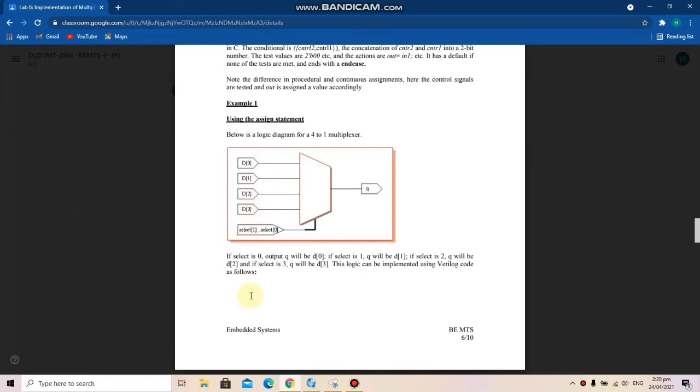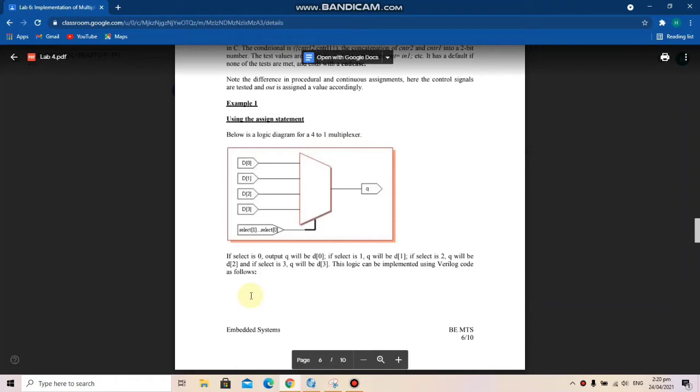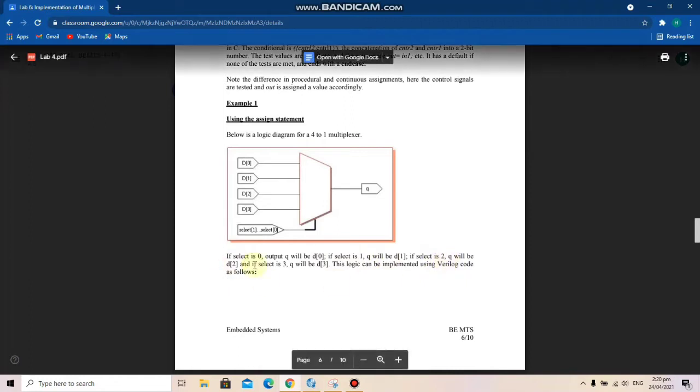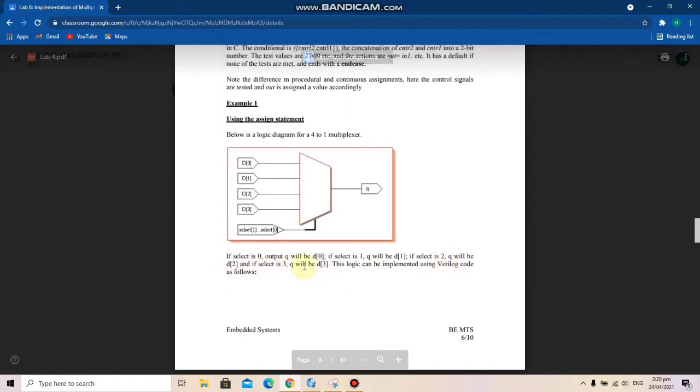And the control wires are replaced with select here. So select 0 is control 1 and select 2 is control 2. So here we can see if select is 0, output Q will be D0. If select is 1, Q will be D1. If select is 2, Q will be D2, and if select is 3, Q will be D3.